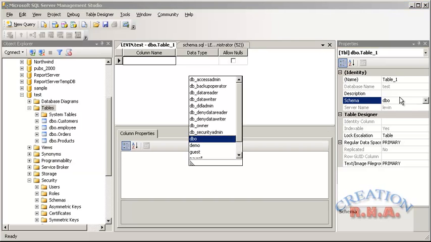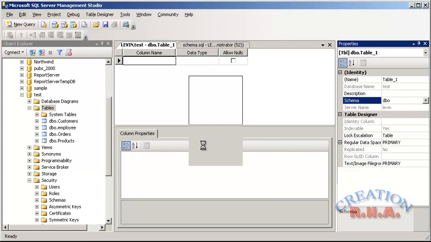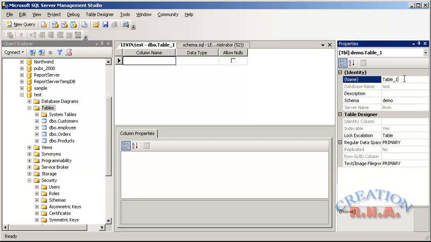By default it is dbo, I can change it to demo. There we go, and I can rename the table from here also. Maybe I will say test table,